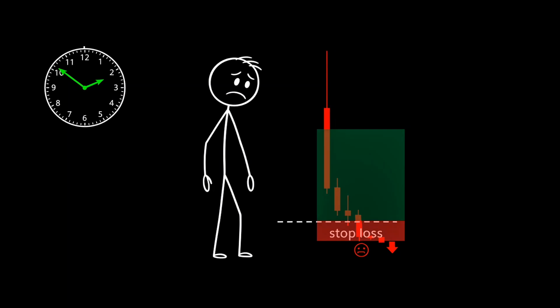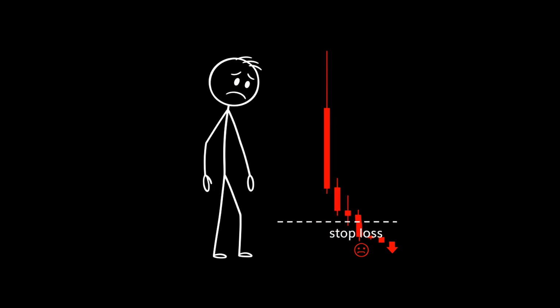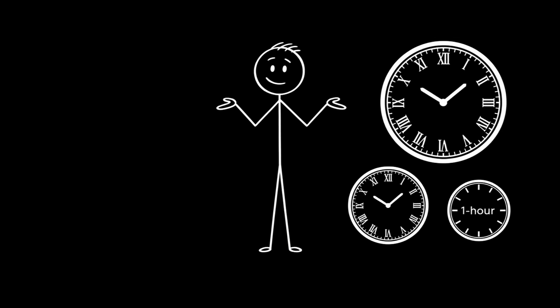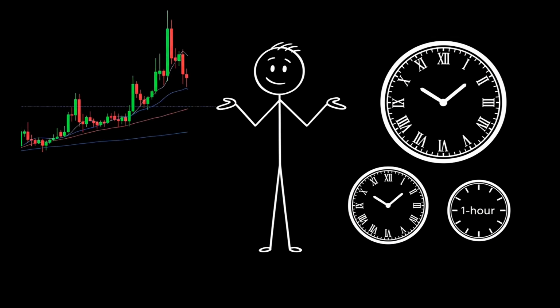Focusing on one time frame didn't work out for me because I was using one time frame for analysis, which gave me setups that were against the overall market trend. I was caught in the noise, which led to inconsistent results. But when I shifted my focus to using multiple time frames, I started seeing the bigger picture, which helped me avoid trading against the overall market direction and gave me confidence when I took any entry in the lower time